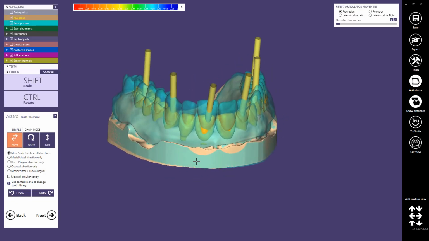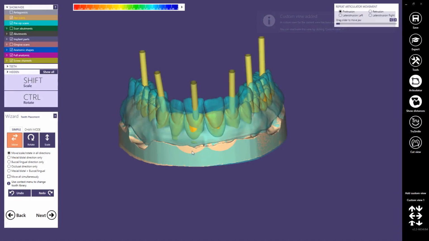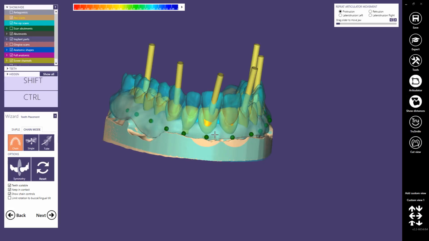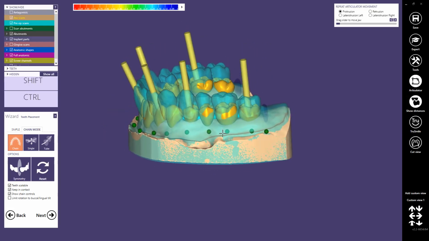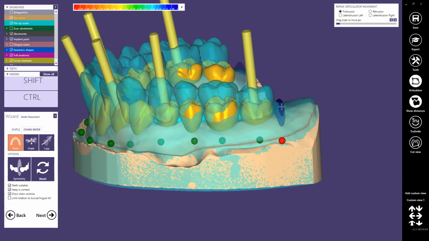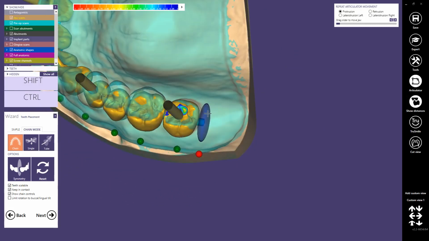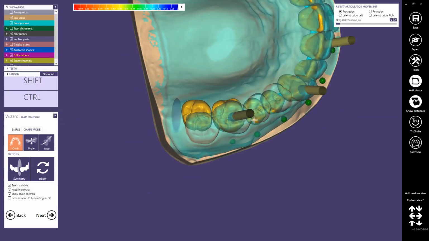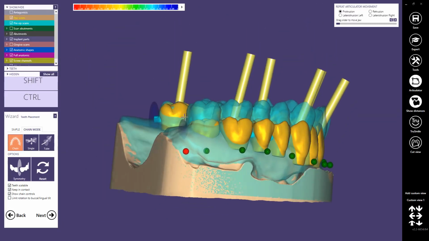But first of all, we will do the tooth placement. In the first step, we will do a functional tooth placement by using the pre-op, and later on we will use the smile design to do an aesthetical tooth placement of the anteriors. Yeah, this is a perfect case to use the chain mode. Usually I do a raw placement first with the chain mode by using those UFOs here. I start with one of the last molars, then I fix this side, take the one on the other side,